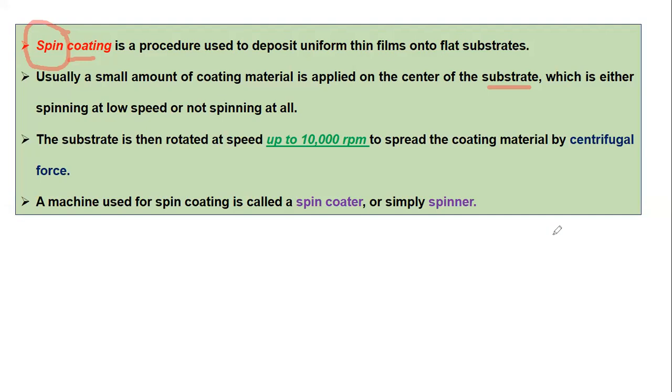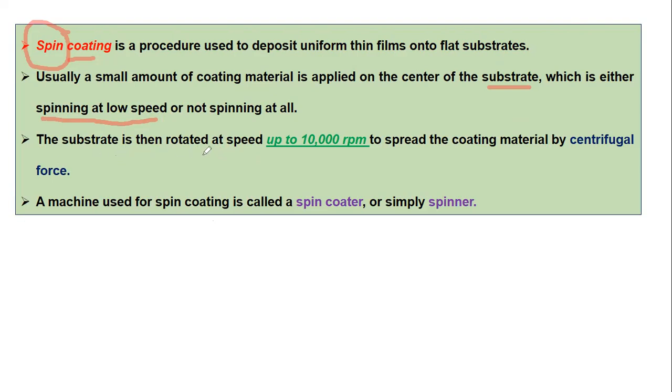As per our choice, as per our interest, if we need a thick layer of film, we will rotate that spin coating machine at a very low rate. Spinning at low speed means what? If we rotate the machine at a low speed, that is 500 rotations per minute or 1000 rotations per minute, the deposition rate is very less.